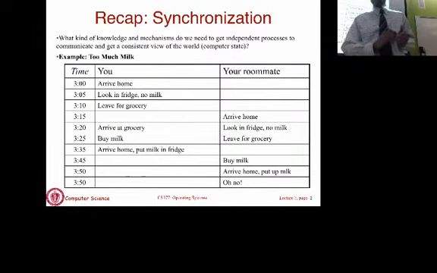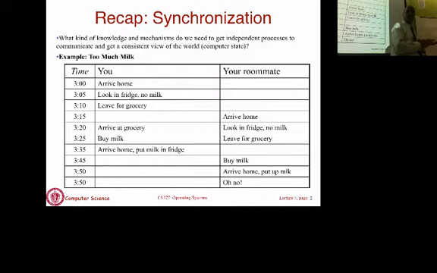Okay. So before I even define what synchronization is, I'm going to show you this example of too much milk, which you've probably seen before, but here is what it is. Let's say you and your roommate, or dorm person you're sharing a dorm with, are trying to collaborate on a task which is to ensure that your fridge always has milk in it. Okay. So what that means is if you run out of milk, somebody has to go get milk.